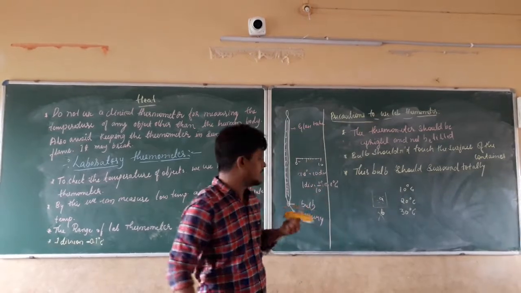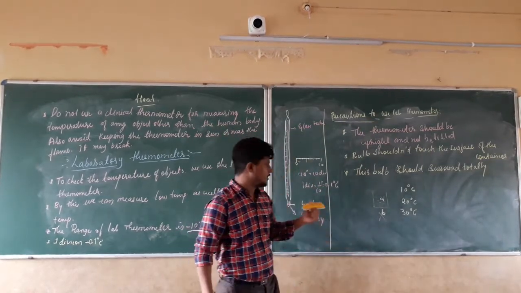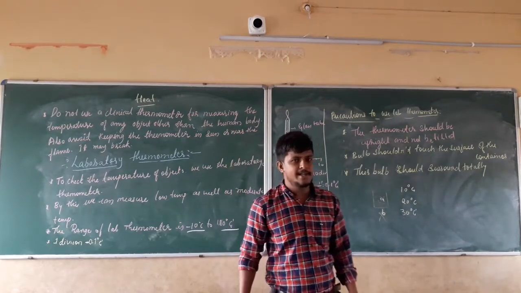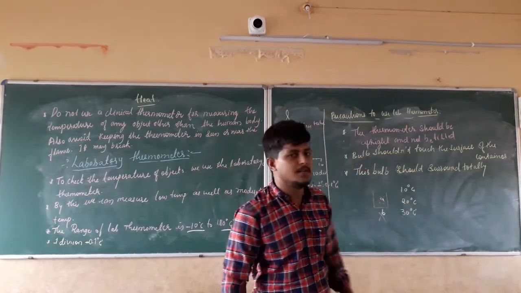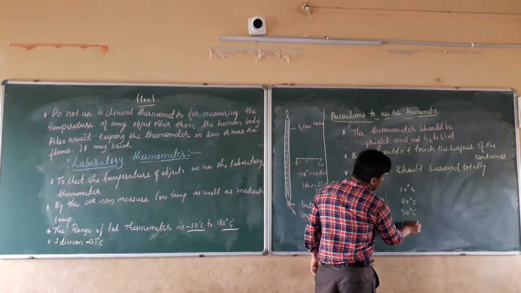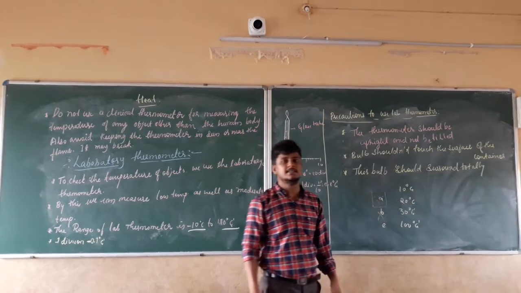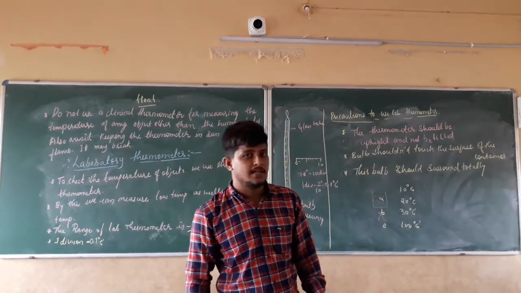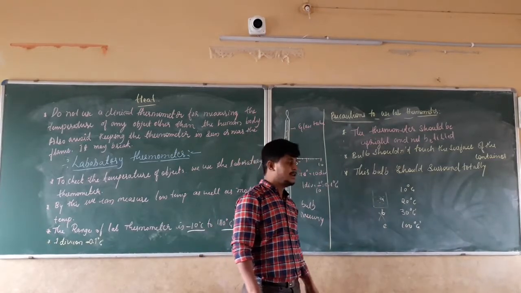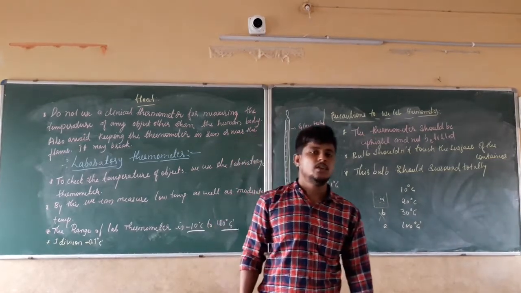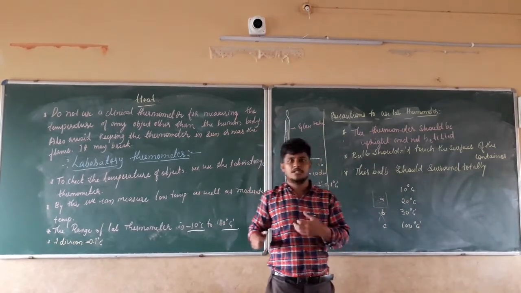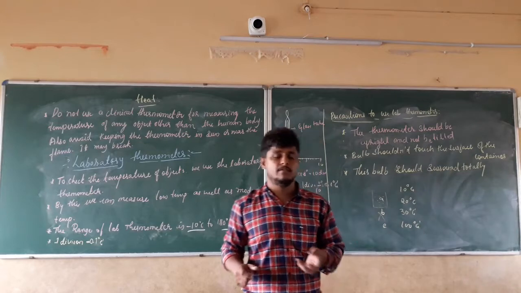Continuously, we are going to check the temperature like this, up to the point that there will be no change in the temperature. Let student E check, and the temperature will be 100 degrees Celsius. After that, the temperature of water is not going to increase. That means in the reading section of the thermometer, there will be no increase. Up to that point, we are continuously doing the activity.